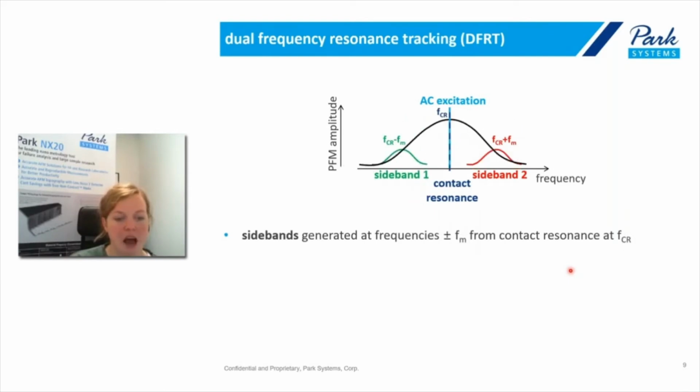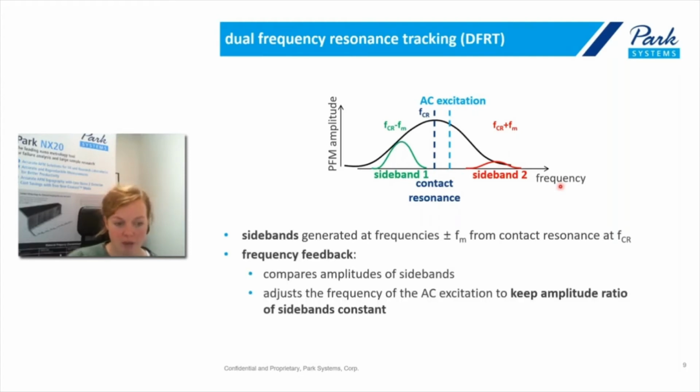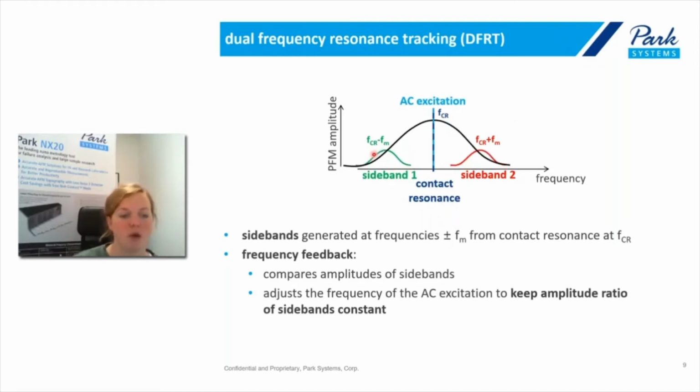And basically, now that the contact resonance shifts, for example, to lower frequency, the amplitude ratio of these two sidebands is changing. And now the frequency feedback that we have in DFRT compares the amplitude ratio of these two sidebands and then adjusts the AC excitation accordingly to keep this amplitude ratio of the two sidebands constant at the initial value where we set the feedback up, right? So now the AC excitation shifts back onto the contact resonance and the amplitude ratio of the two sidebands is